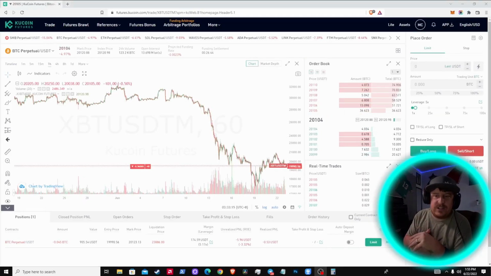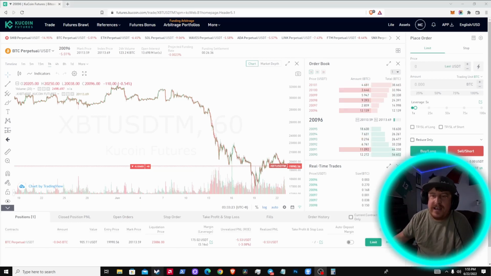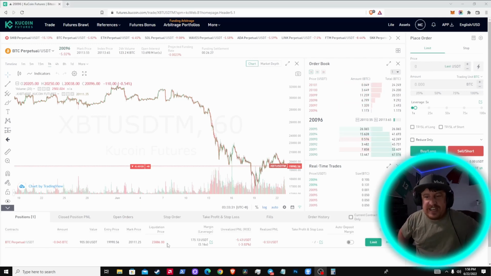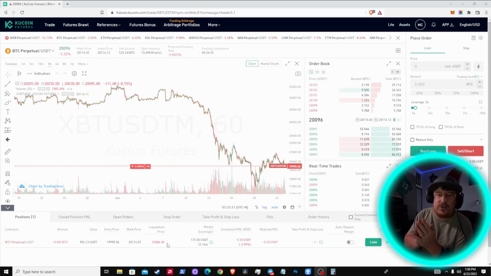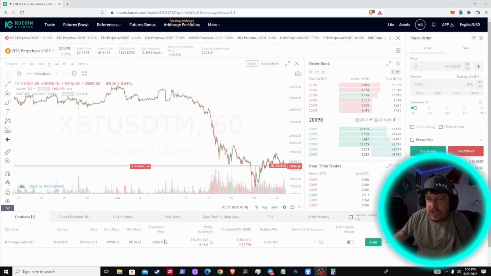All right, now this next one is the big one. It is the liquidation price. This is the one that exists for you to understand that leverage trading is not too good to be true, and this is why. With each of these contracts, it depends on what leverage you're using, but obviously it's going to come up with a liquidation price. That means if the price goes the opposite direction of what you were planning, around 97%-ish, as I explained in yesterday's video, they'll come up with this price that will liquidate